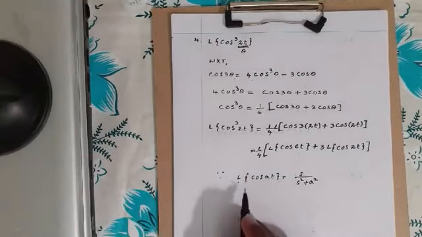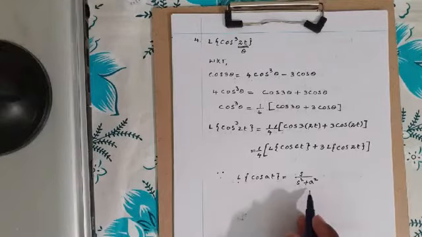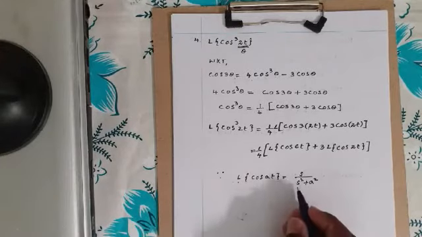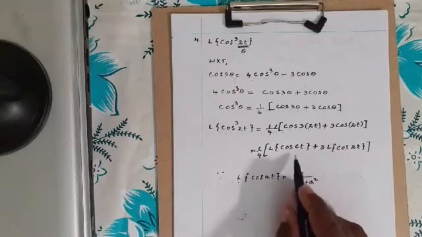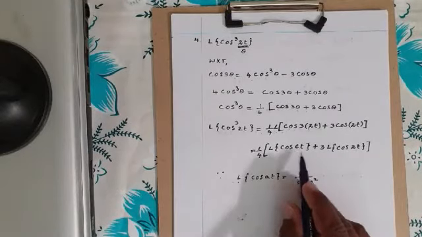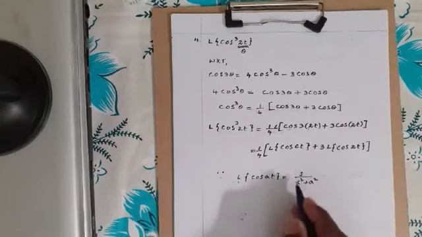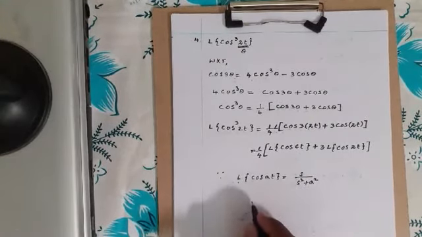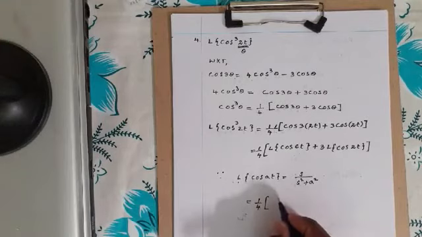We know L of cos at is equal to s upon s square plus a square. Now I apply it here, because we have cos 6t and cos 2t, so we have to consider a as 6 here and a as 2 here. Now if you substitute in the formula, this is equal to 1 upon 4, in bracket, in the place of s you have to write s only, upon